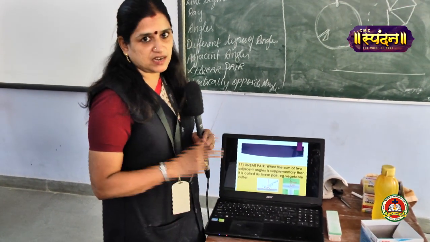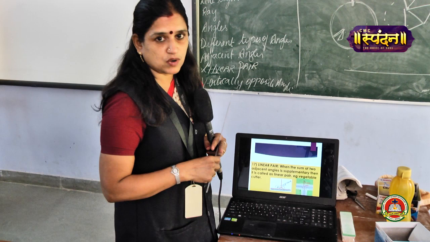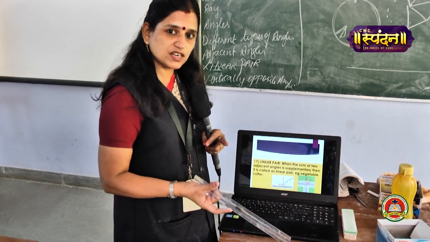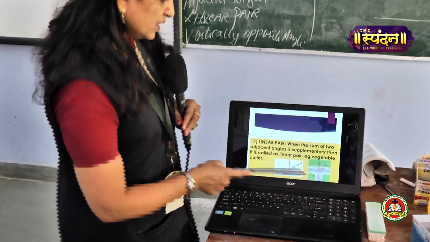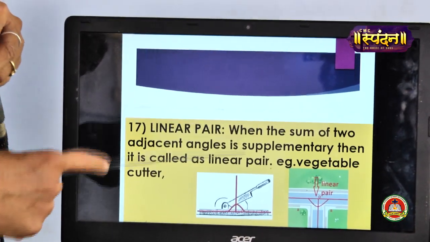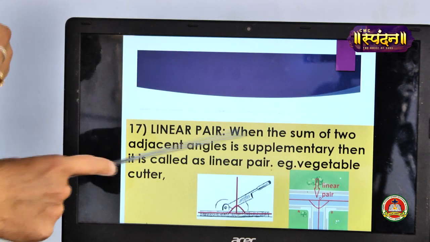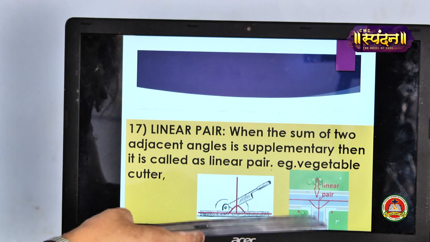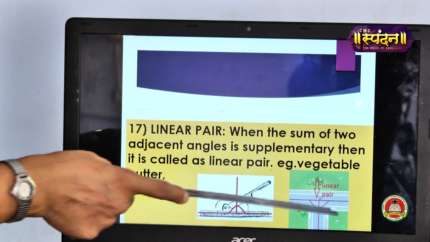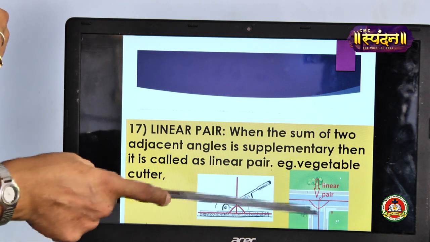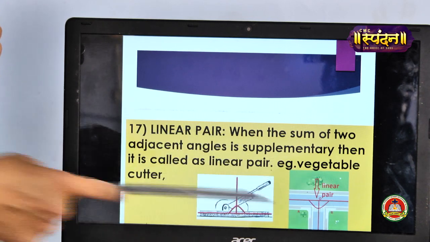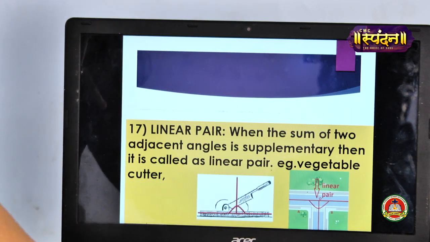What do you mean by pair? You can have only two angles. We cannot have more than two angles. When the sum of two angles is 180 degrees, you call it a linear pair. If there are more than two angles, then you call it a straight line. You cannot write the reason as linear pair. You have learned these concepts in earlier classes also, but this concept is especially important for this chapter. One more example I have given of linear pair: you can see the road, and in between this road one more road is going over here. So two angles are formed over here. When you measure the sum of these two angles, it will be equal to 180 degrees. So you call these two angles linear pair angles.